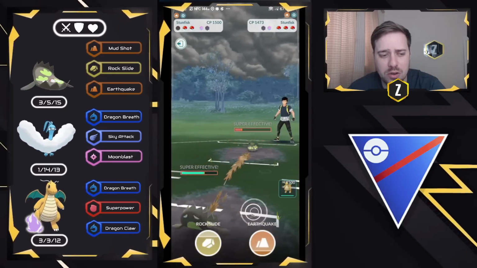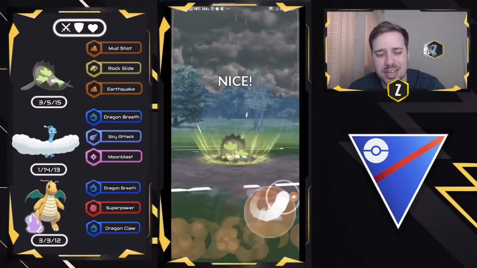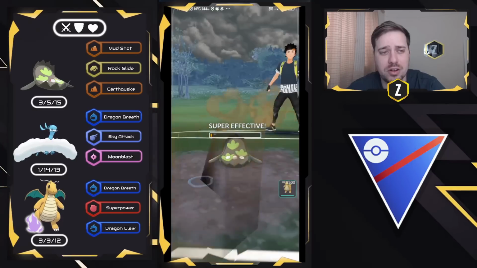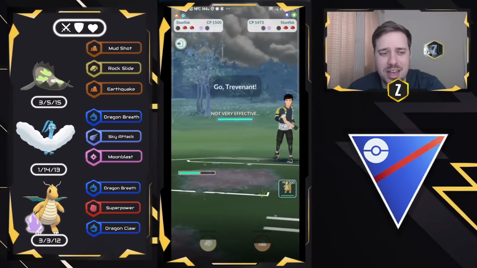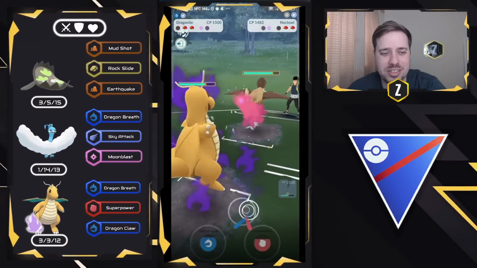I'm going to look to go for an Earthquake right here. You don't want to go for Rock Slide right there because it's not going to be enough, unless you go for Rock Slide, shield, and farm down. But I went for the Earthquake and we get the KO. So let's see what is going to be in the back. It's going to be another Trevenant. So we're going to go ahead and come in, and it's actually going to be a Noctowl that swaps out